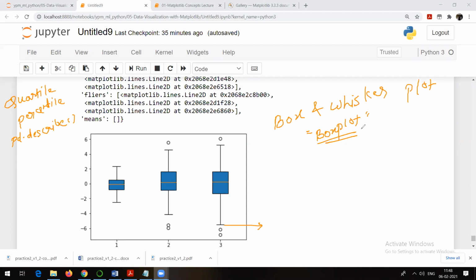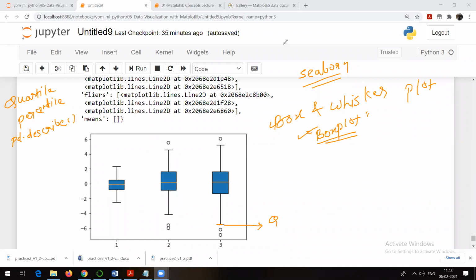So here, let me show you. And remember, after this point, always remember this. In the last package which we are going to start, that is the Seaborn package, we will be talking in detail about this box plot. So remember, this line is interpreted as quartile one.